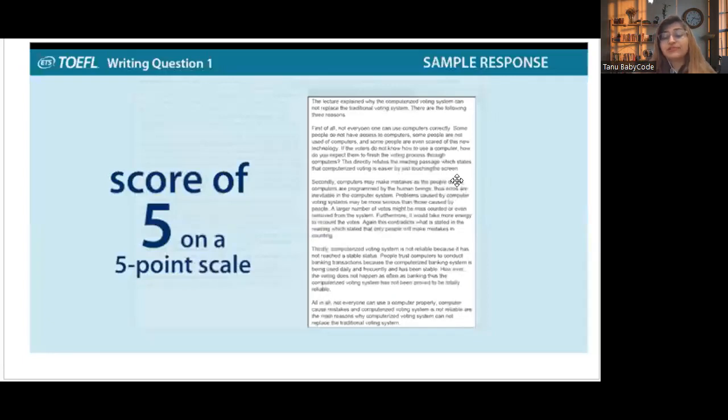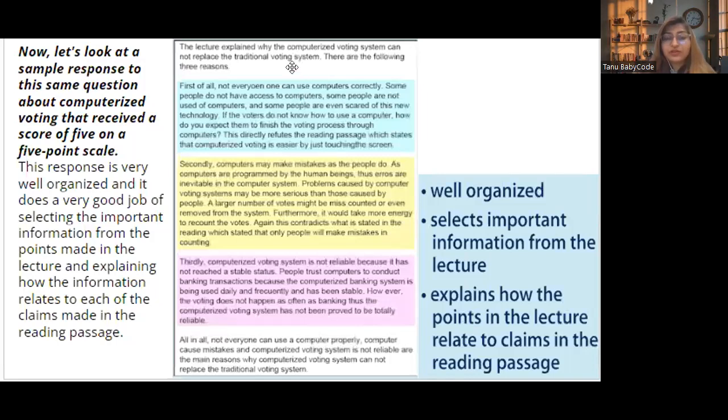And this is a sample response which got a score of 5 on a 5-point scale, right? So it got 5 points. Now you can look at a sample response to this question about computerized voting that received a score of 5, because this was a well organized response and it does a very good job of selecting important information from